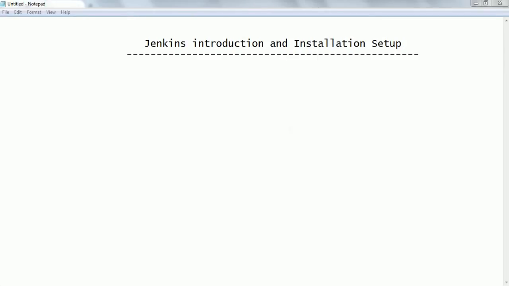In this session, we are going to see the introduction of Jenkins and set up Jenkins in our local computer. First, let us see what is Jenkins. So Jenkins is a continuous delivery and continuous integration tool, which is going to help you, the developer, to simplify